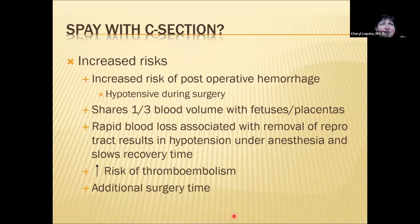And bitches in late pregnancy are what we call thromboembolic. They are better at making clots. That's because when the placentas come off, all those little blood vessels that are in the placentas have to seal up very quickly. And so there's an increased risk when we are tying off a lot of blood vessels during the spay that one of those clots that will form will break off and go to either the brain or the lung, and then we'll have an acute death in the 24 to 48 hours post